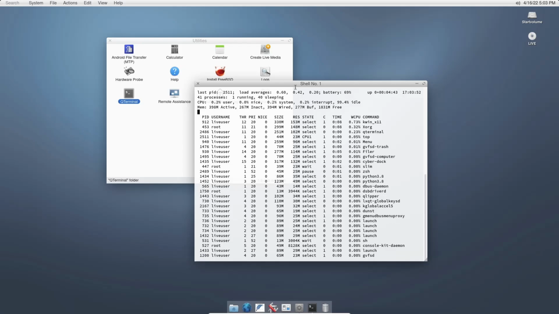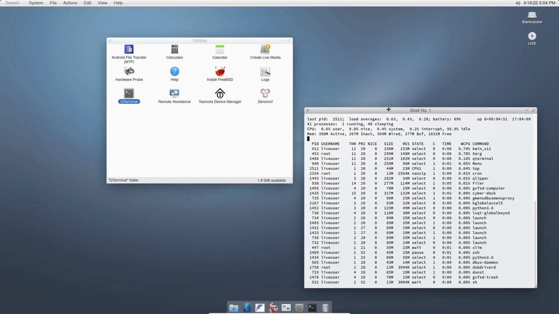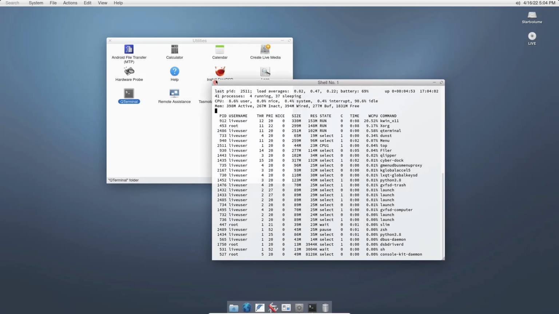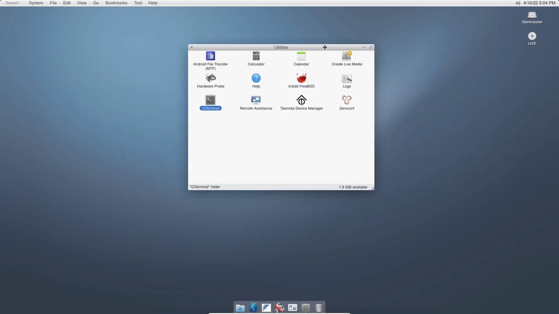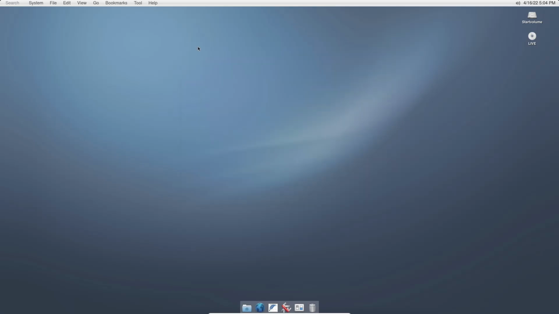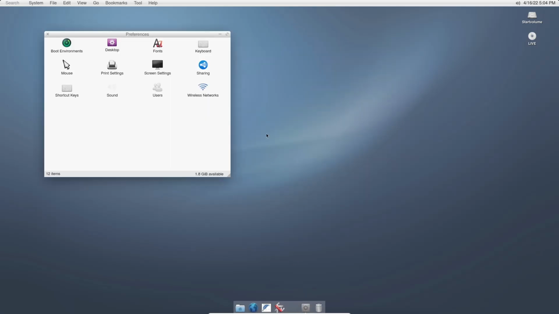That is extremely lightweight, but like I said, it is FreeBSD, and Hello Systems does take a lot of inspiration from the look of older Mac. But if it's something you think you might like, I suggest zipping on over, downloading it, throwing it on a USB, and taking it for a test drive for yourself. It's a decent little operating system. It is really lightweight, and it is really light out of the box.